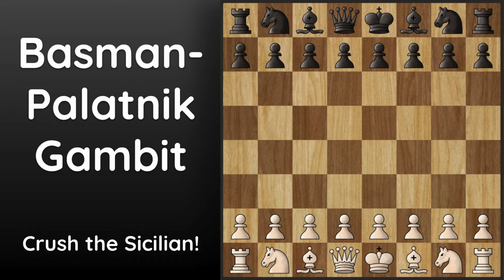Hello everyone, and welcome to an opening video on the Basman Palatnik Gambit against the Sicilian Defense. It's a super aggressive opening, it's very trappy, and it's also completely sound according to the computer. There's not a single variation where white is worse. Let's get into it. Alright, so Sicilian Defense, so we play pawn to e4, and black plays pawn to c5